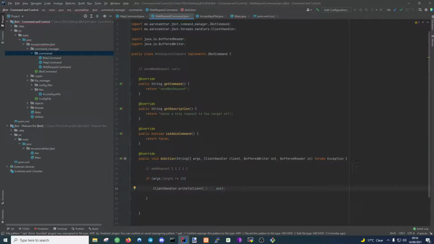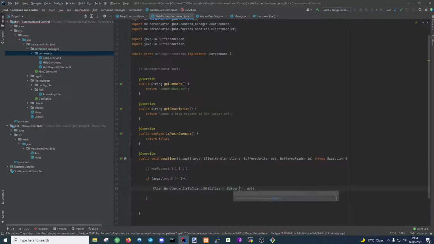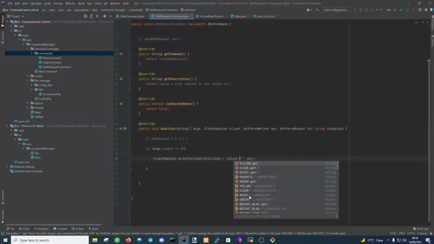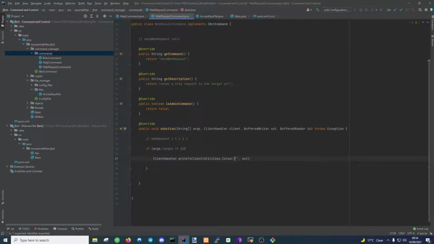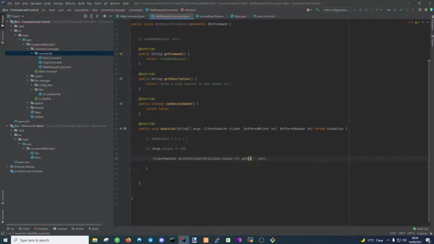Now you can also add some cool colors and stuff, guys. Now, if you type in utilities dot color dot, as you can see, we have a bunch of colors we can use here. I'm going to use, let's say, red. You type in red dot get. It's very important to type in dot get. This gets the color code you need, essentially. And then we're going to type in incorrect args. And then we're going to tell the user, please type in this. Okay, so we're going to type in web request